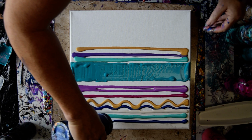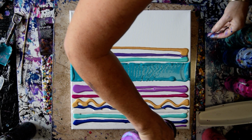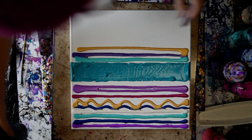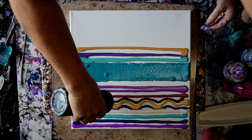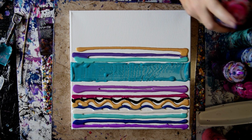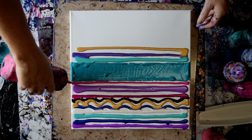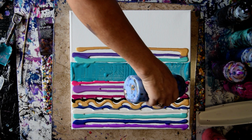Some more. It's almost time to mix some more colors. I was using the neon purple from Folk Art, which is a multi-surface acrylic. I'm going to grab some black, which is just my usual mixture of half Walmart semi-gloss onyx and half Artist Loft, with my pouring recipes below the video should you want to have that. I have some obnoxiously similar to the Hot Orchid, Folk Art neon pink, which I mixed with something else, so I can't really tell you. I have some really pretty blue, which I diluted with Anita's White Metallic